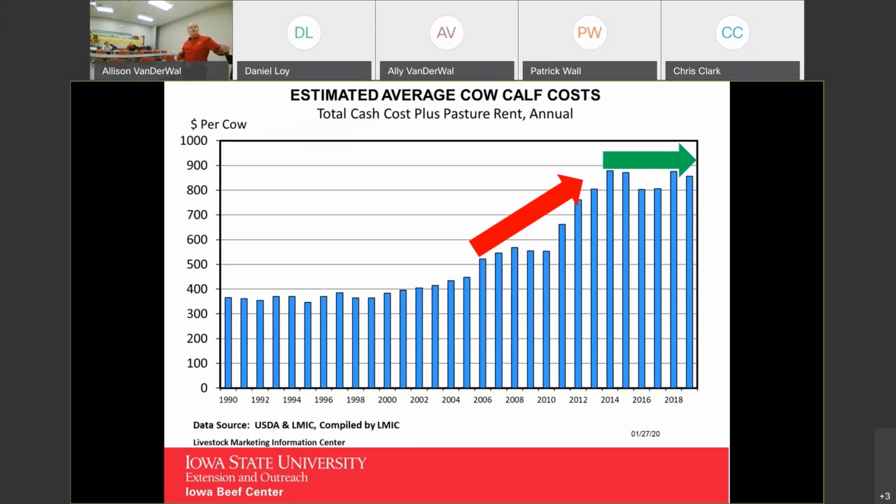And we actually were fairly stable until we get into the early 2000s here. We started to see a little slow incline. But we get out here in about 2006, and all of a sudden that cost of production started to skyrocket. And some of that is probably feed-based. Some of it is land-based, pasture costs as a part of that. Part of it is everything else for cost of production in agriculture in general was going up. We had a pretty steep curve in there from about 2006 to about 2014, where that cost of production went